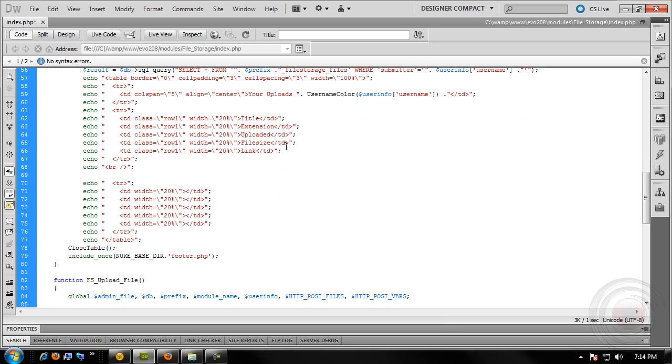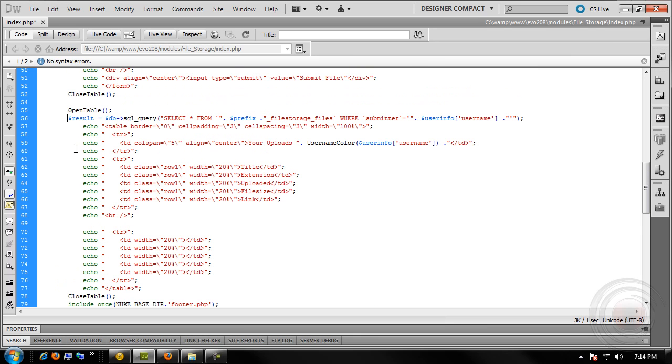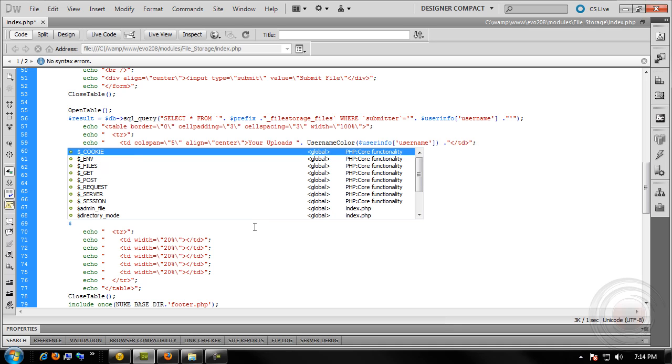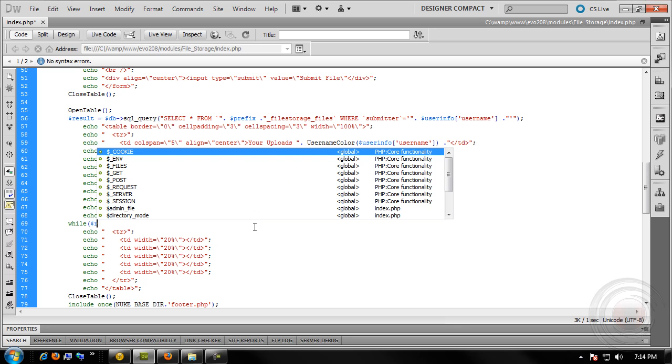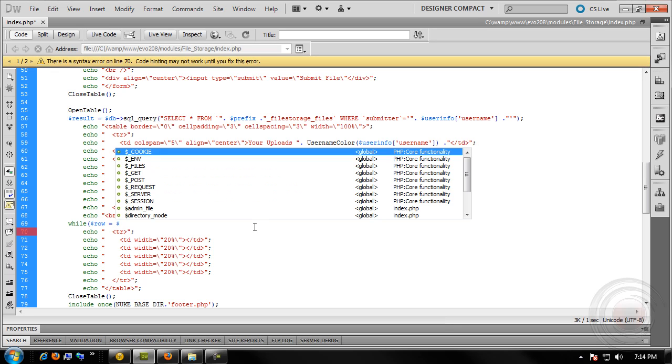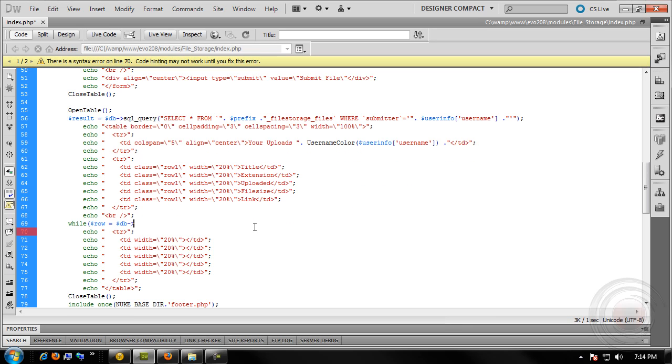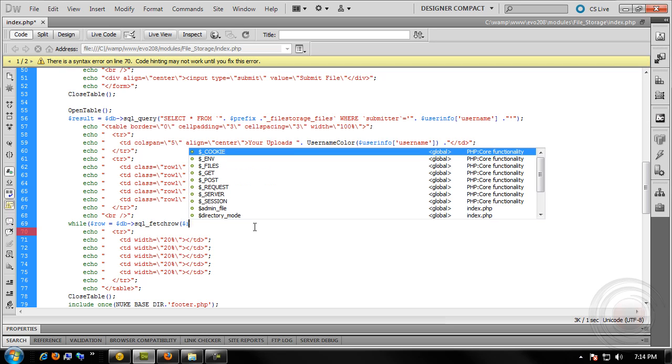Now to display that, we would go down here to this break, right underneath of that, right above our next table. Let me actually back this up just a hair because I just like it to look nice. And it is going to be a while, and the row is going to be equal to the database SQL fetch row, and it's going to be the $result,